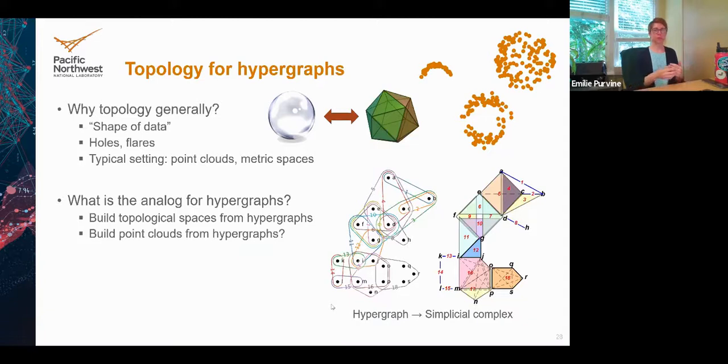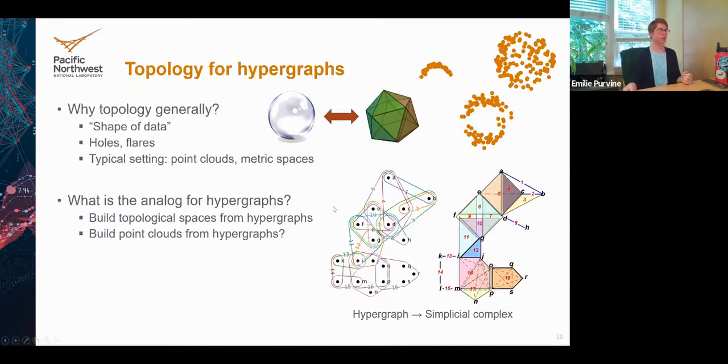And typically, if you've seen topological data analysis, it's used to analyze point clouds like these up here to figure out what underlying system these points were drawn from. Here maybe a circle, here maybe a disk, and here some sort of curved line segment. Because these hypergraphs have some nice structure, we thought, can we do this for hypergraphs? They're not topological spaces, but could we make topological spaces from them?